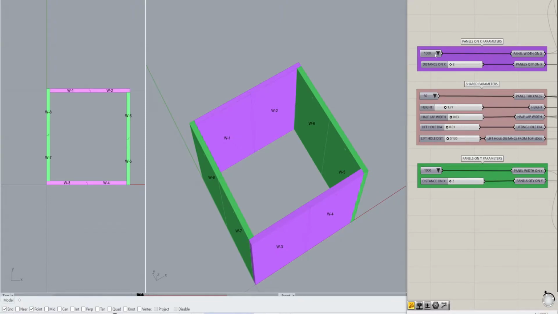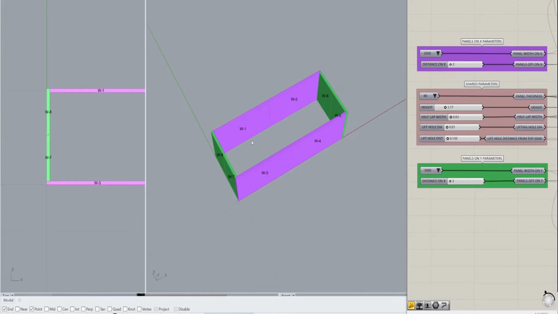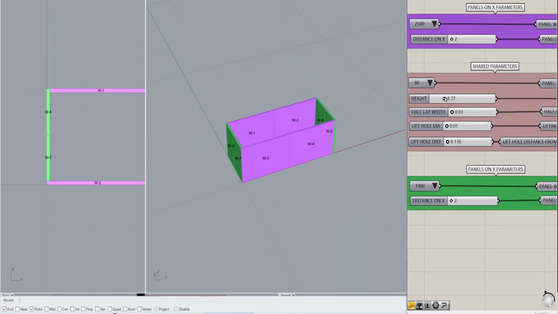So we have the thickness, again this is, sorry, the width rather, and this is again based on standard sizes, so this could be any manufacturer's standard sizes. It's that sort of component approach to this type of modeling. So if I change this to 5, for example, and make it a bit higher so it doesn't look so weird,